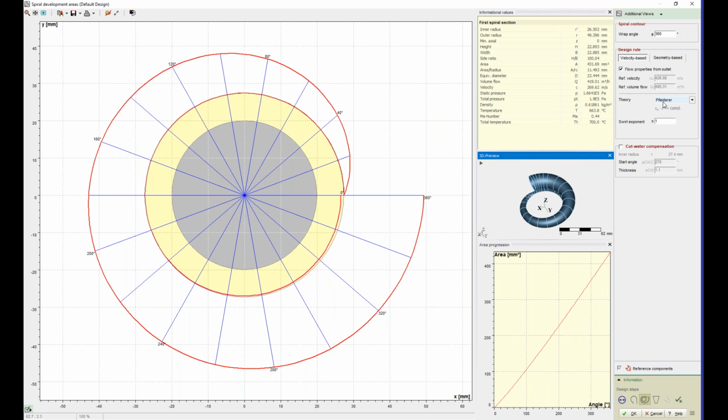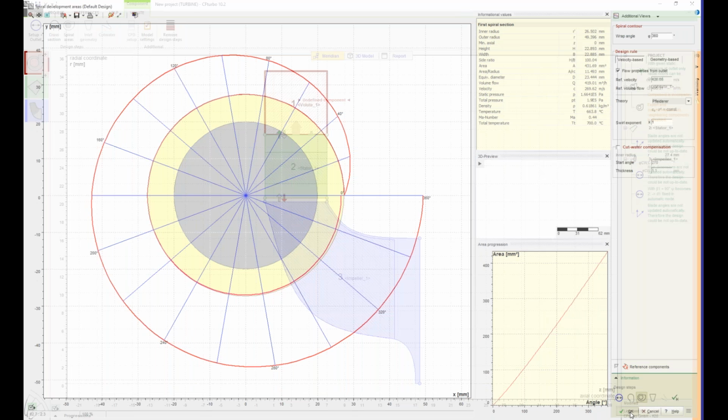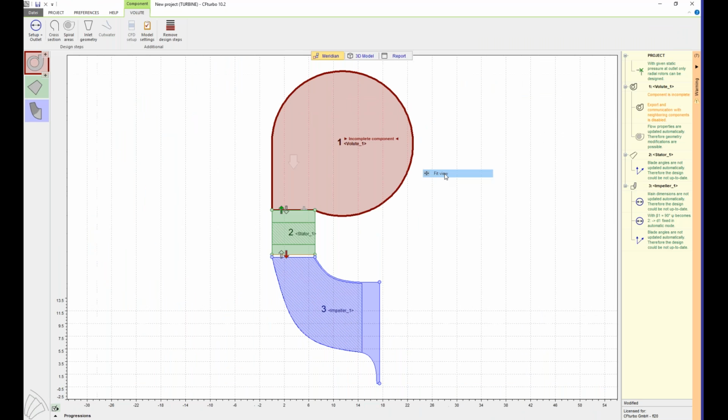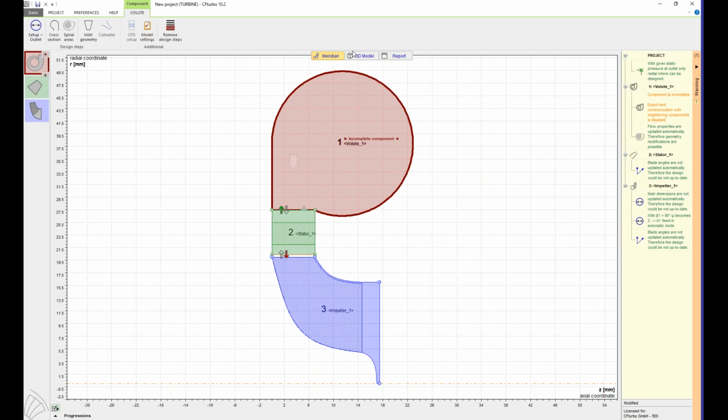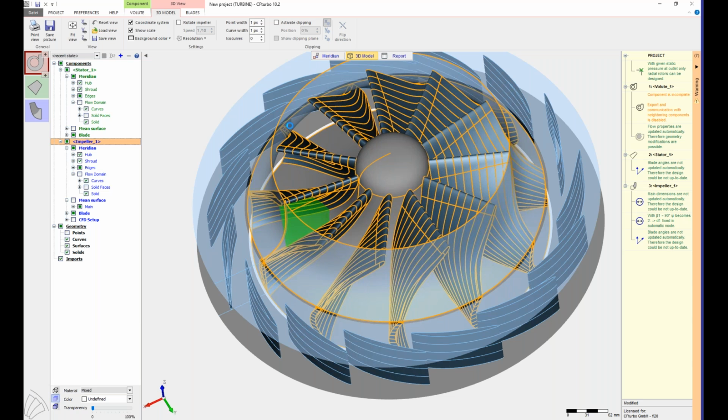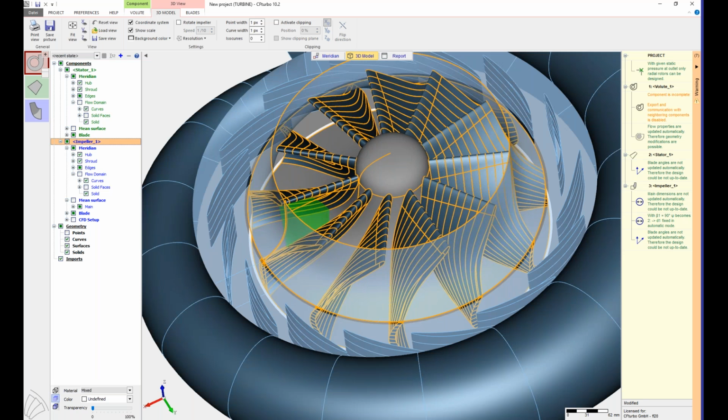I'm going to leave that to the Flider rule because that's a very robust design mode, and it's reasonable for that example. After pressing OK, the meridional view will look like that, and the 3D model will show the volute